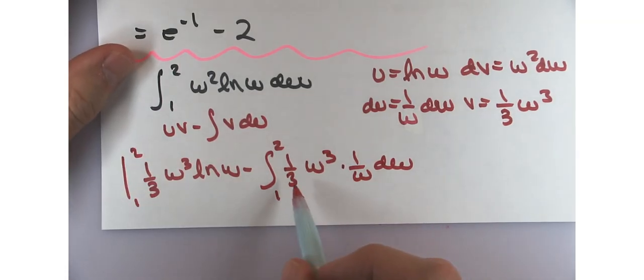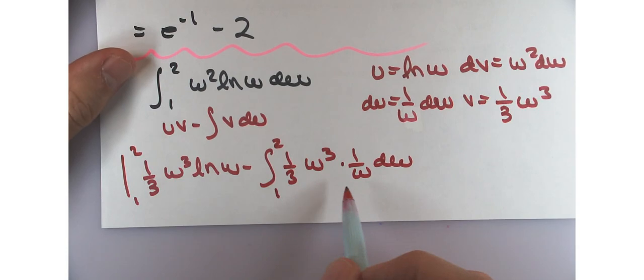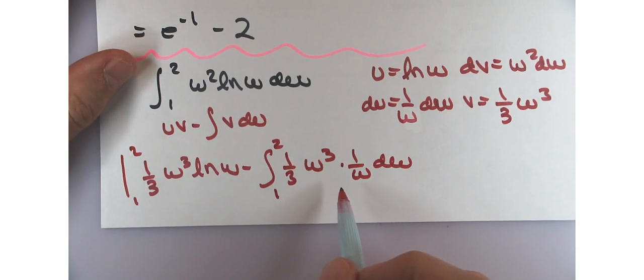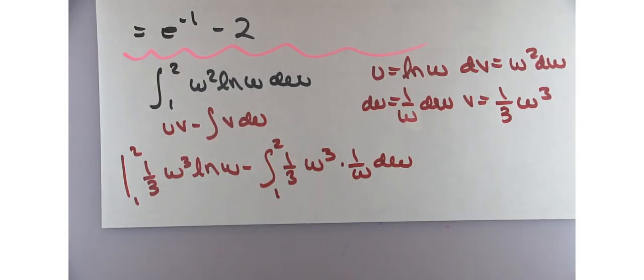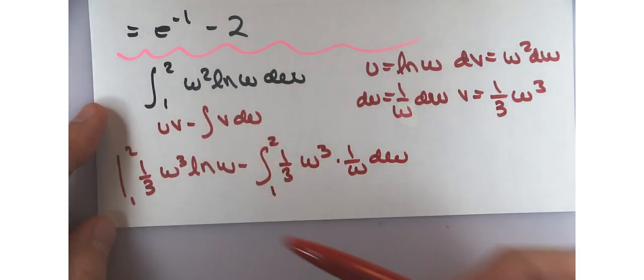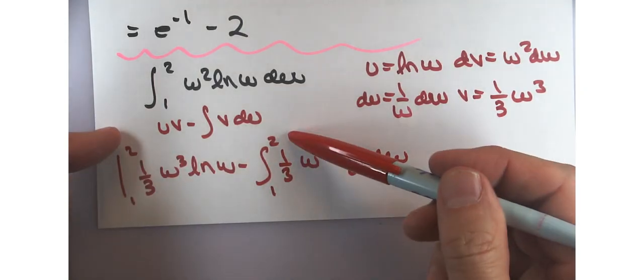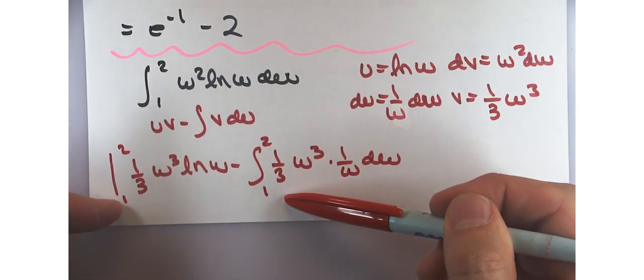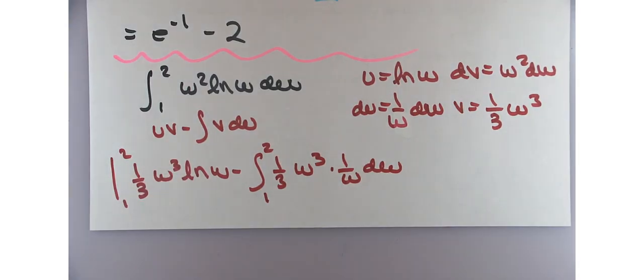But what nice thing happens here? Yeah, the w's cancel, right? So you're just going to have a w squared term which you can integrate. And I'm going to have to leave it here for you to finish up. You're going to find the antiderivative here, and then do your work subtracting the function at the upper limit minus the function at the lower limit. So, whew. All right. Have a great weekend and see